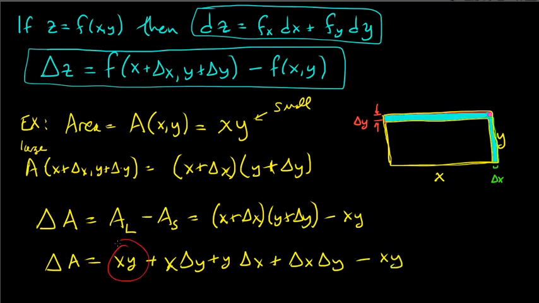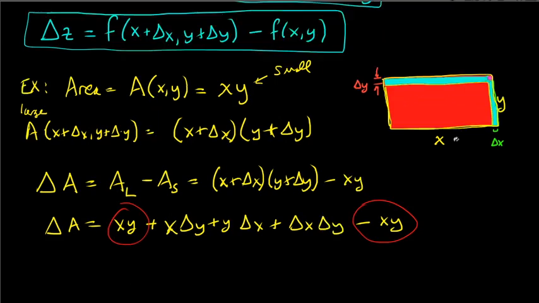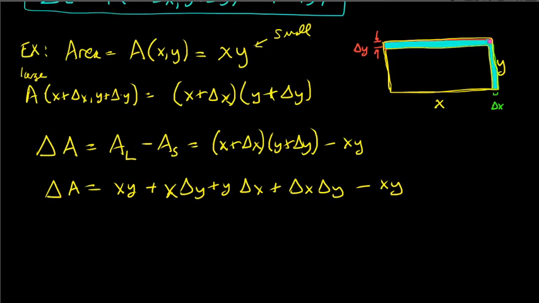And XY minus XY is 0. So essentially you're canceling out the area of the small rectangle, that's this area in red here. When you subtract that area out, you just get the blue area plus the purple area. So when you cancel those, our delta A